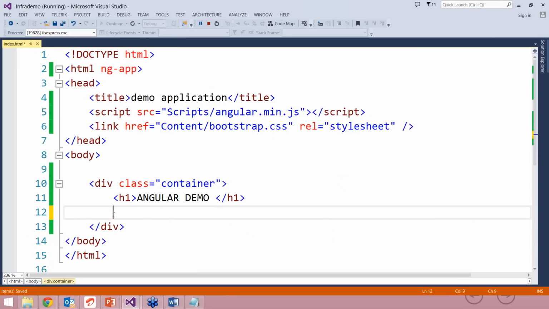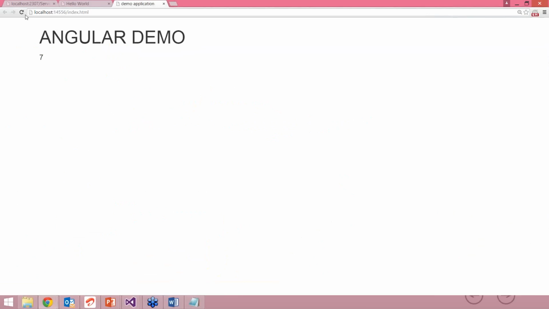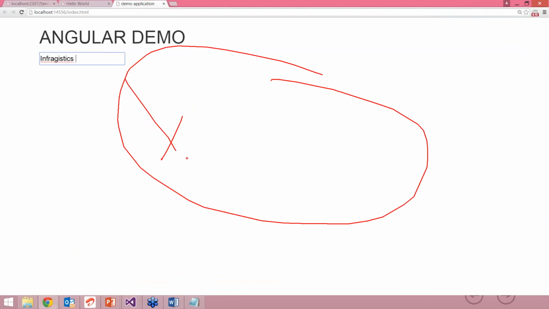I'm going to put an input box here. I'll call it input type as text. Okay, now my requirement is very simple. Whatever I type should get printed in real time. So here, if I run my application again, you see I have an input box here, and my requirement is that, let us say if I type infragistics here, that should get rendered somewhere on my DOM in real time. Now here you can see the power of AngularJS,